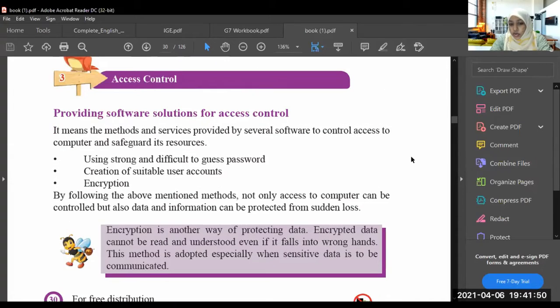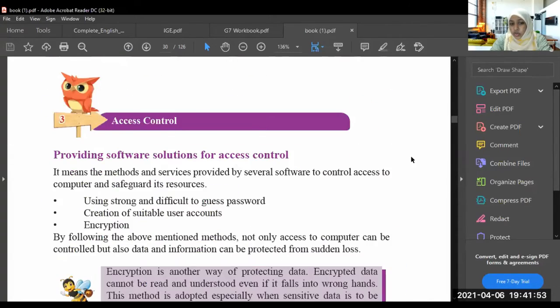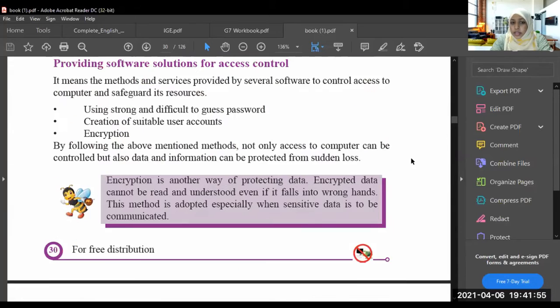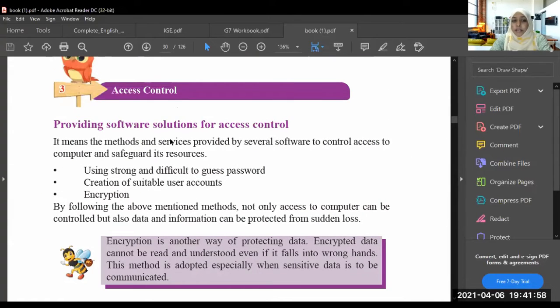Next one is access control. What is access control? Access control means providing software solutions for access control. We use some software to safeguard our data and information which are inside our computer, right? Access control matters because sometimes, without our knowledge, without telling us, some people enter our computer and take our data and information without us knowing.